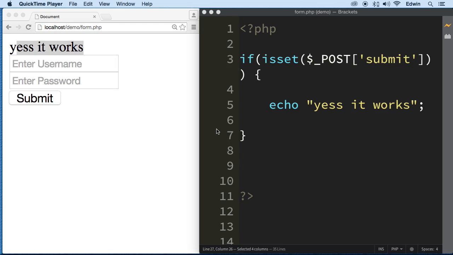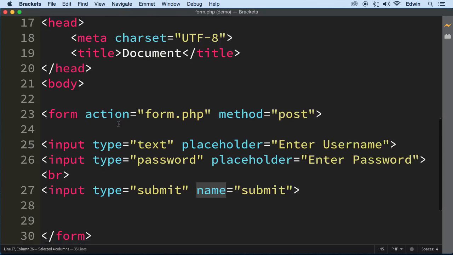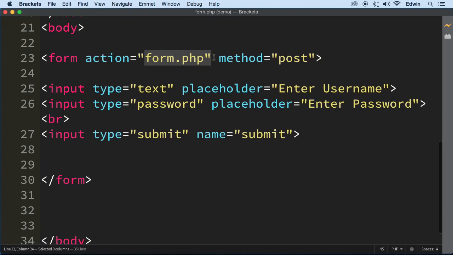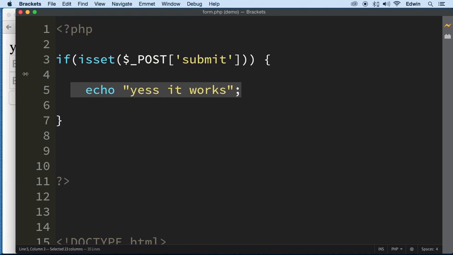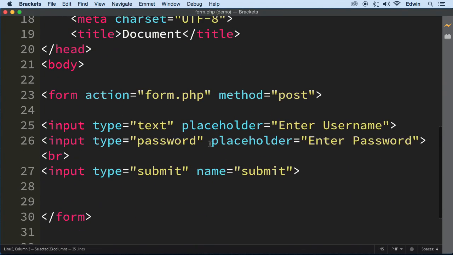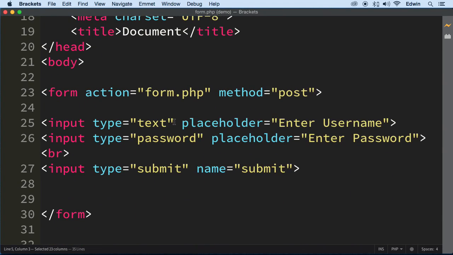Alright, so in the last video we saw that we were able to take some data out of the form. When we click submit, we check for this submit attribute value up here, and when the form was submitted we echo this, right? So we were able to check on that. Now what we need to do is check on the rest. We need to actually pull this information from the rest of the form, and do something